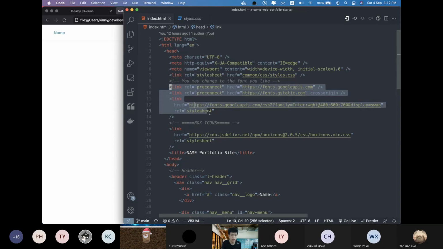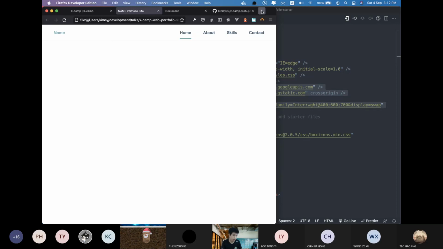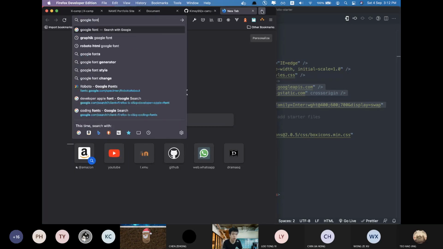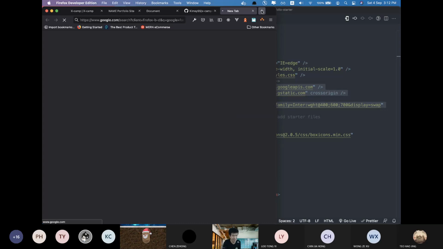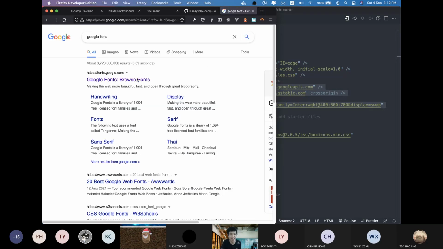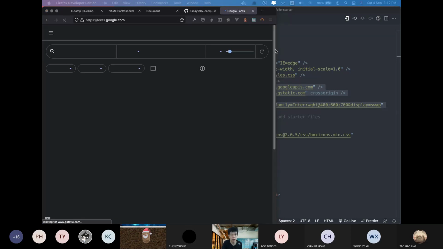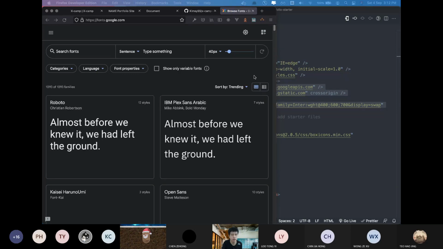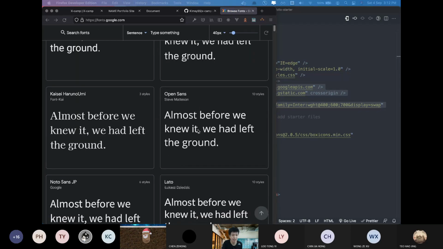And for these 3 lines, we are using a Google font, which you can customize yourself as well. So you can search Google font on Google, and you can search for the font that you like. This is what I do. Usually when I want to find fonts rather than the default font, which is very ugly,